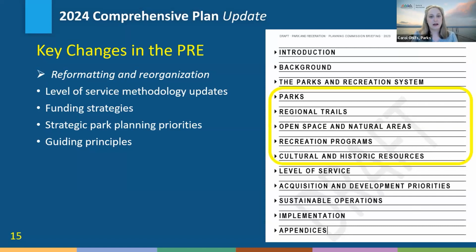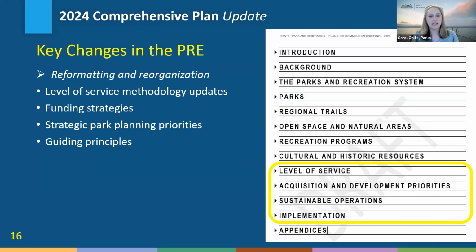Then the focus narrows down to a discussion of what do we do? These sections describe the existing conditions, demand and need, and actions for each of the key focus areas of the parks and recreation system. The foundational topics include parks, regional trails, open space and natural areas, recreation programs, and cultural and historic resources. The narrative and goals then move on to describe how we do it by explaining the goals